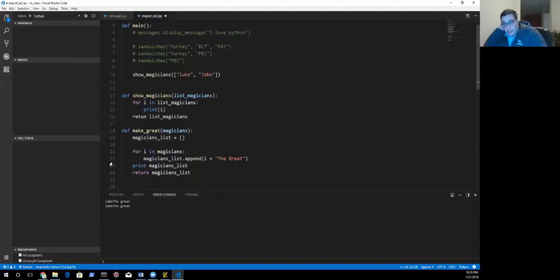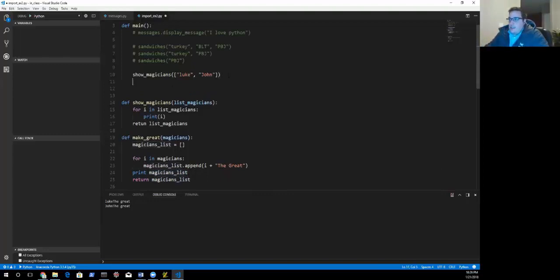So now I've iterated over it. I've appended to the new list. I've added the great to it. I print it and then return it. So then all I'd have to do is just call make_great and then